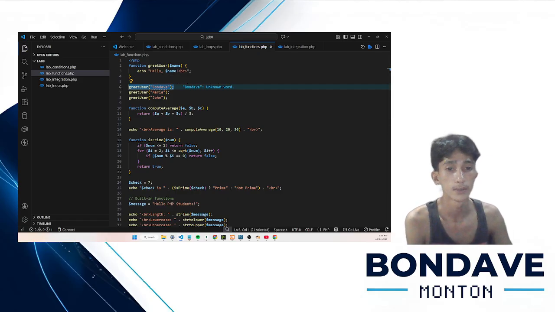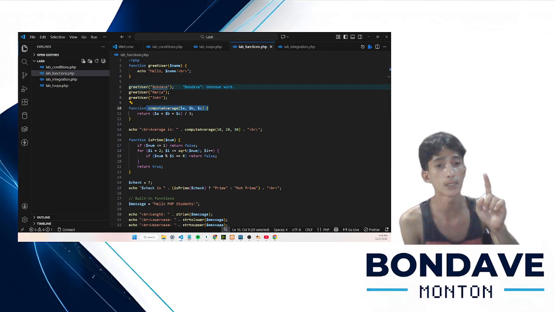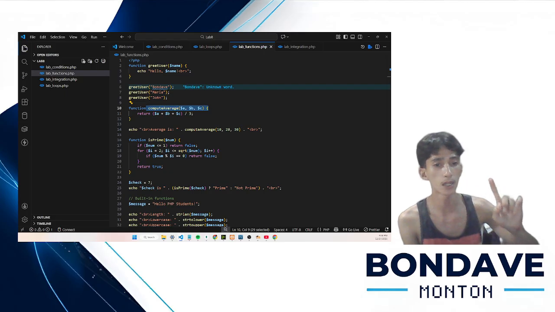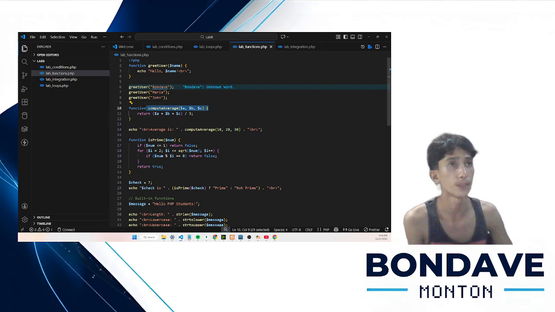And then next would be the compute average. This line of code right here is a function that calculates and returns the average of three numbers, which is this A, B, and C. Next is this function is prime.